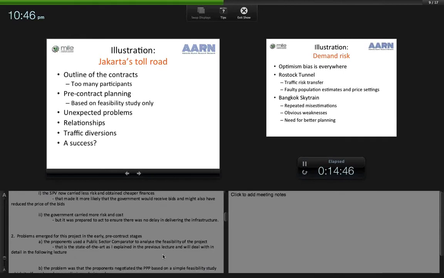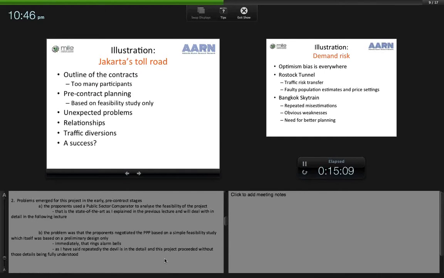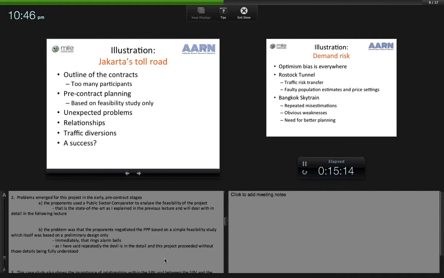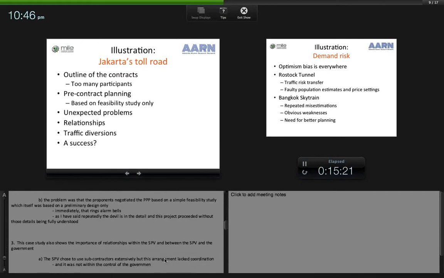Now, problems emerged for this project in the early pre-contract stage. The proponents used a public sector comparator to analyse the financial feasibility of the project, of the PPP arrangement. That is the state of the art, as I explained in the previous lecture, and I will deal with in more detail in the following lecture. The problem was that the proponents negotiated the PPP based on a simple feasibility study, which itself was based on a preliminary design only. Now, immediately, that should be ringing alarm bells. As I have said repeatedly, the devil is in the detail, and this project proceeded without those details being fully